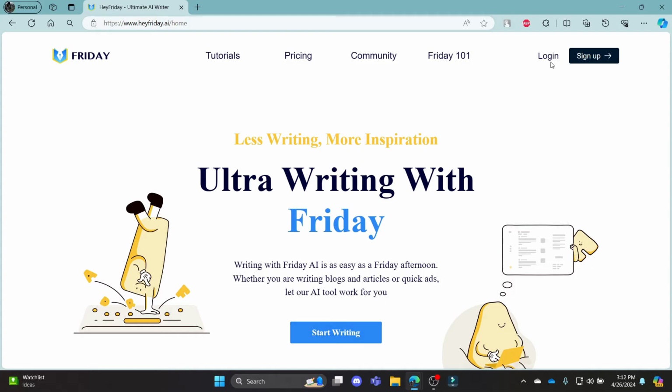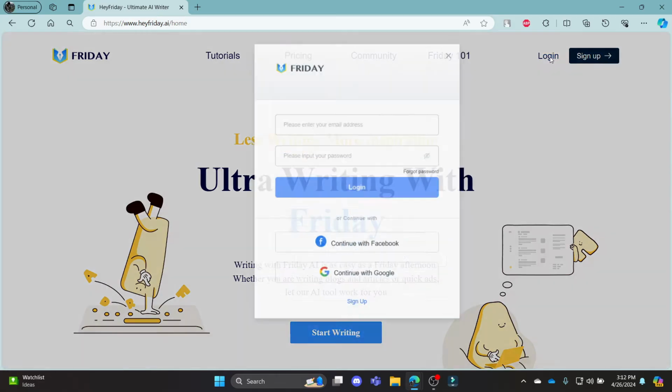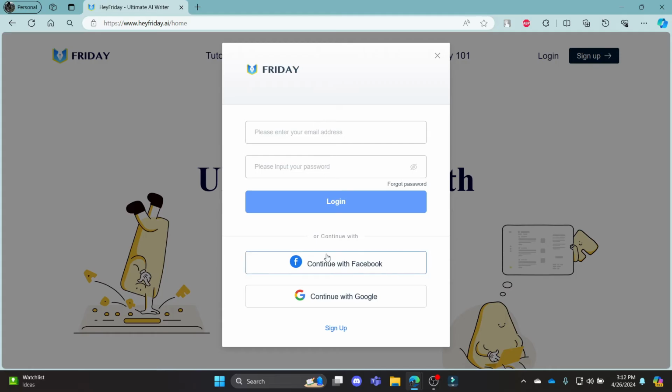So go ahead and click login, which you can see on the top right hand corner. You can see you can log in with your email address, or you can log in with your Facebook or Google. So if you are comfortable with logging in with Google, just go ahead and click Google,